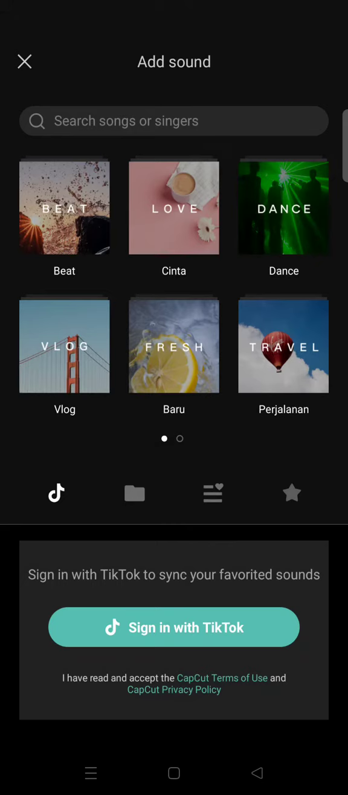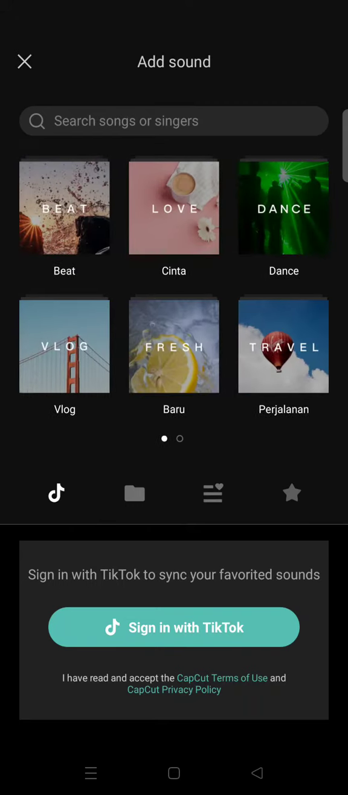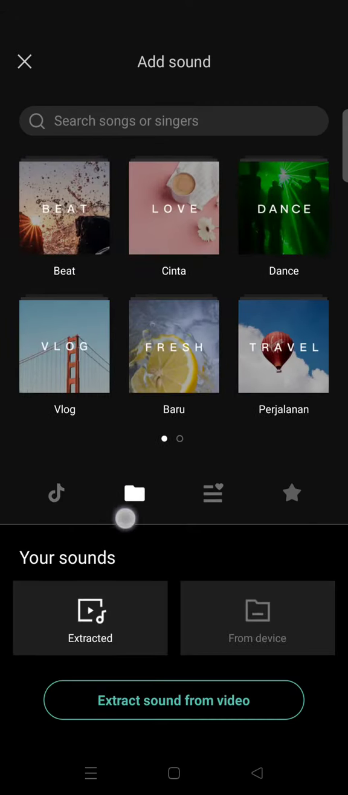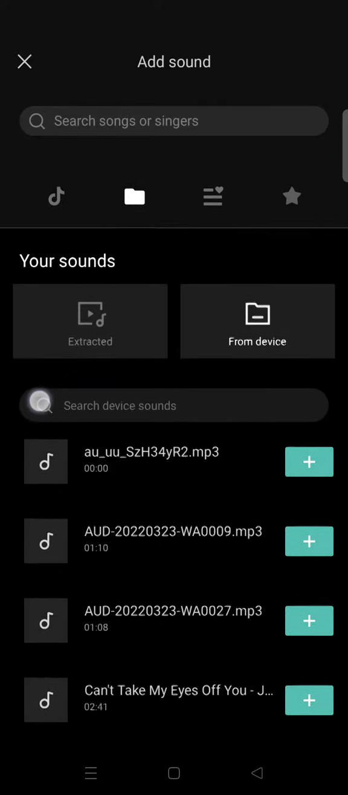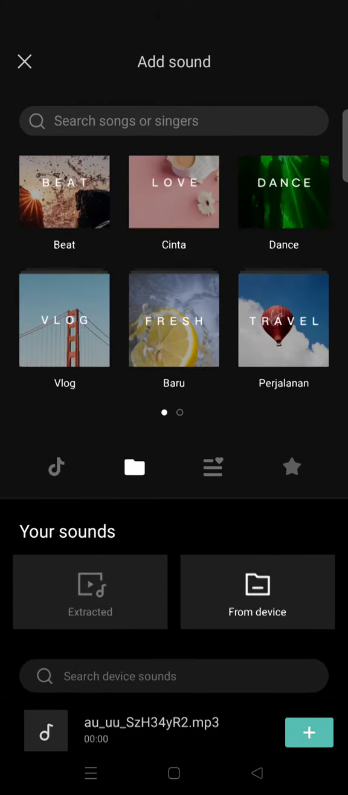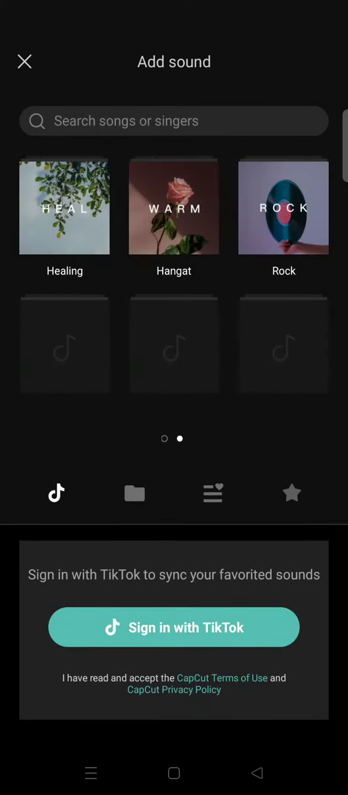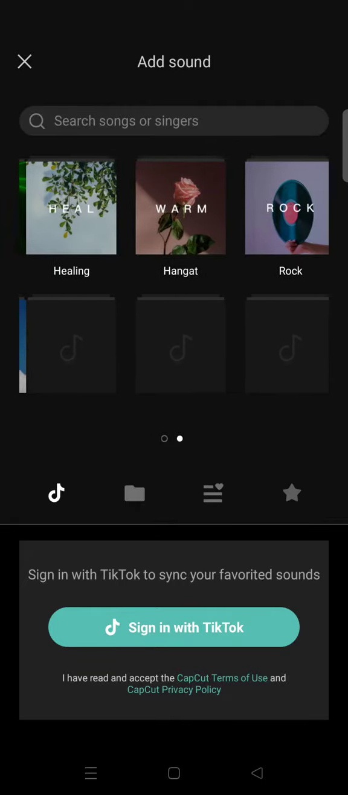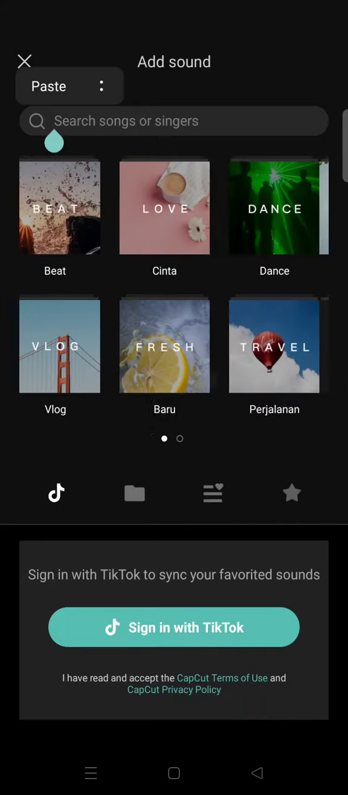Okay, so here you can add some music into your video provided by Capcut, or you can also add your own music just by clicking this folder and click on from device. You can see there this is the music on my device, but today I'm going to use the music from Capcut. So you can just choose the category, or you can also search the songs or singers right here, but